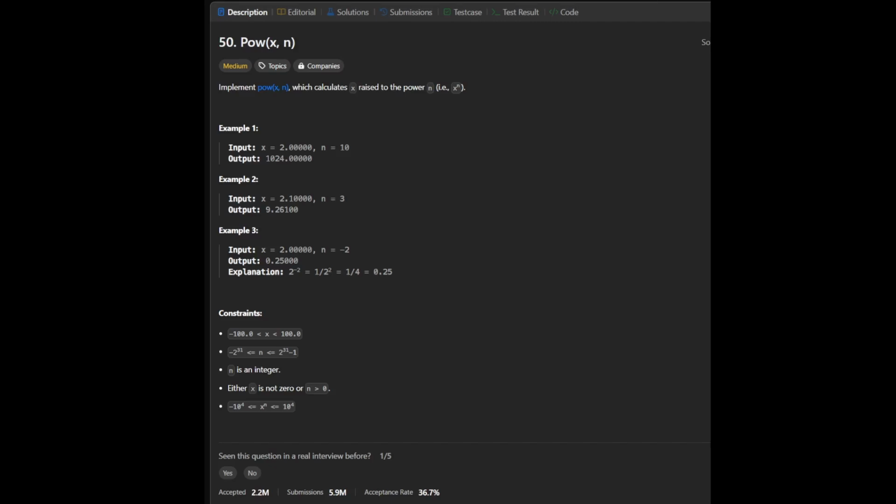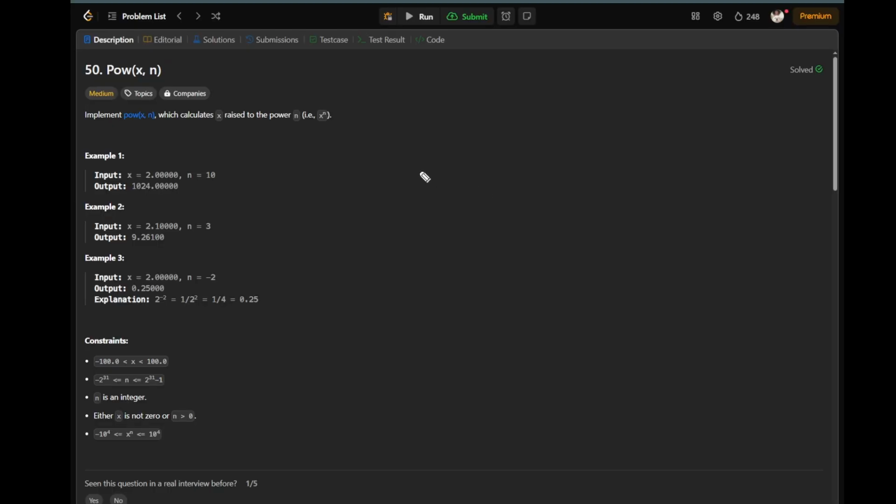This is LeetCode problem number 50, Pow(x, n). We want to efficiently calculate x to the power of n. Let us look at an example. Let's say we want to find what x to the power of n is when it's 2 to the